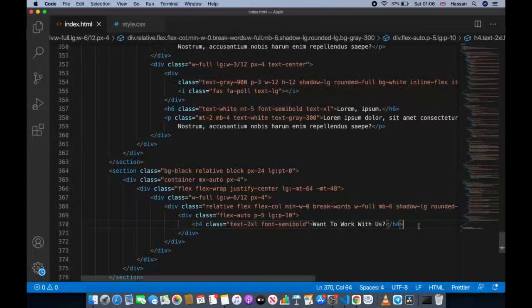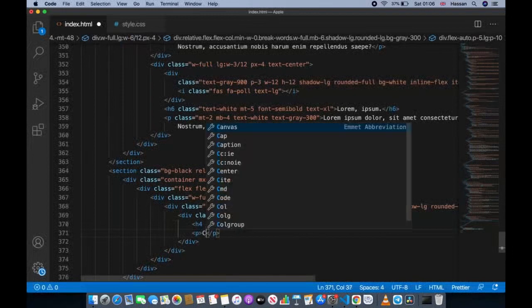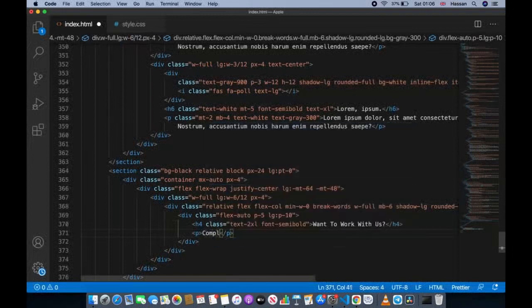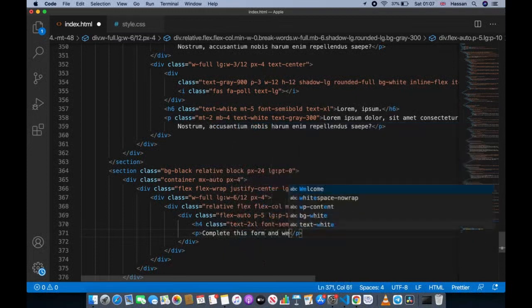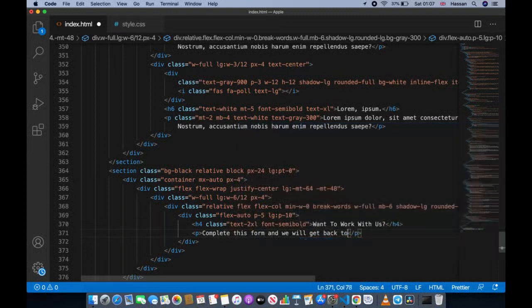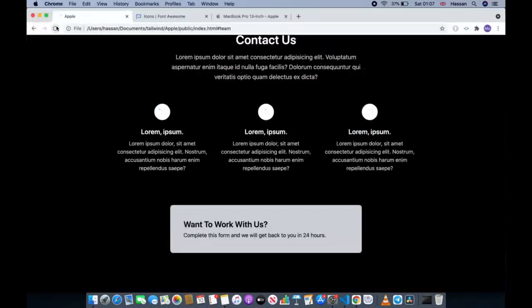And under it we're going to have a paragraph. So we're going to tell the user, complete this contact form if you want to reach out to us, and we'll get back to you in 24 hours, something like that. So for this paragraph we're just going to give it a margin top of 1. So we're going to make a new paragraph, and then we're just going to put in complete this form, and we will get back to you in 24 hours. So we're going to style it using some margin top 1, and we're going to check it. Okay, that looks